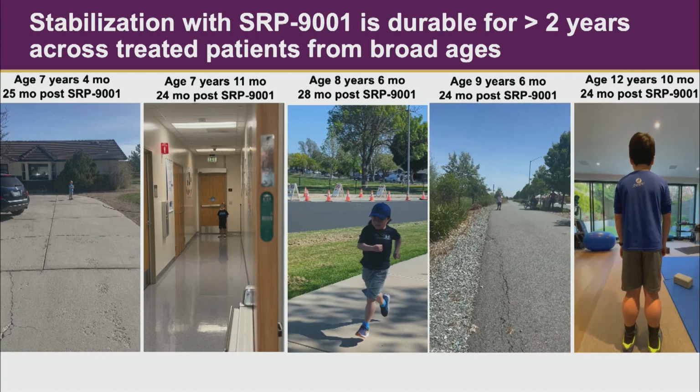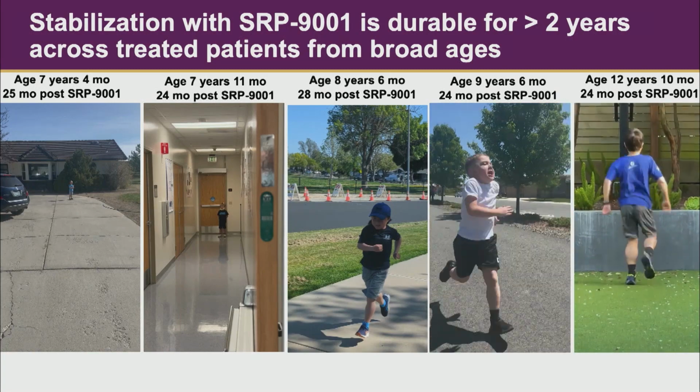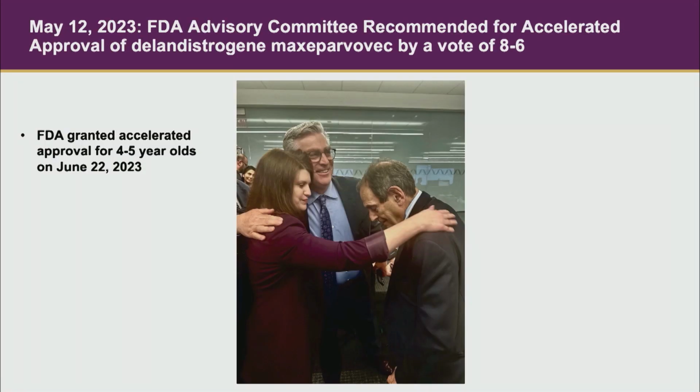And here's an early 13-year-old patient who isn't running normally, but is still running nonetheless 2 years after gene therapy treatment. So again, pretty impressive durability of effect that we're seeing in these patients. And at the FDA, we actually presented the clinical data. The community was really important participants,